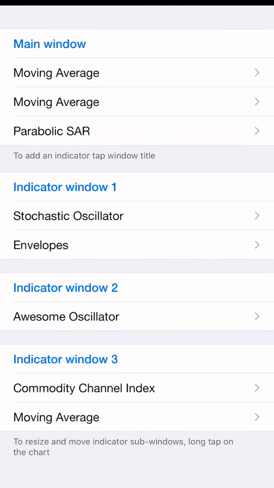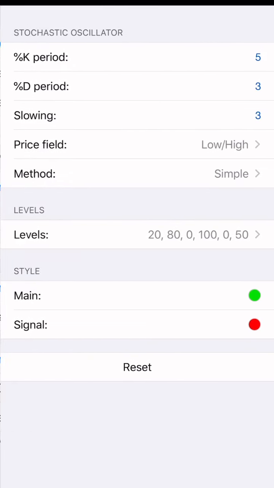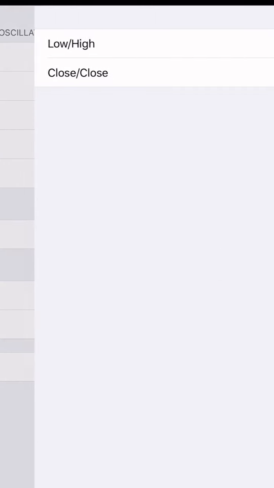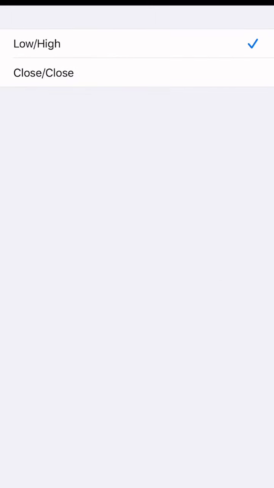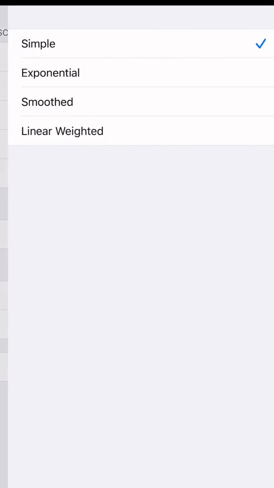Next one is you click on your indicator window again. You add in a stochastic oscillator, and the period is 533. Price field is low high. Method is simple,